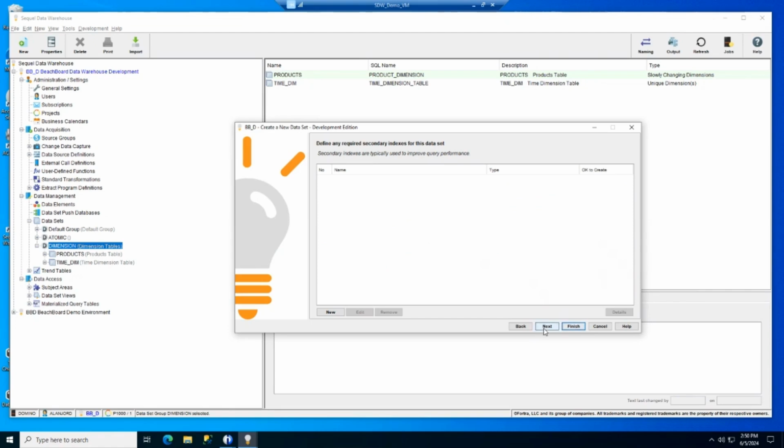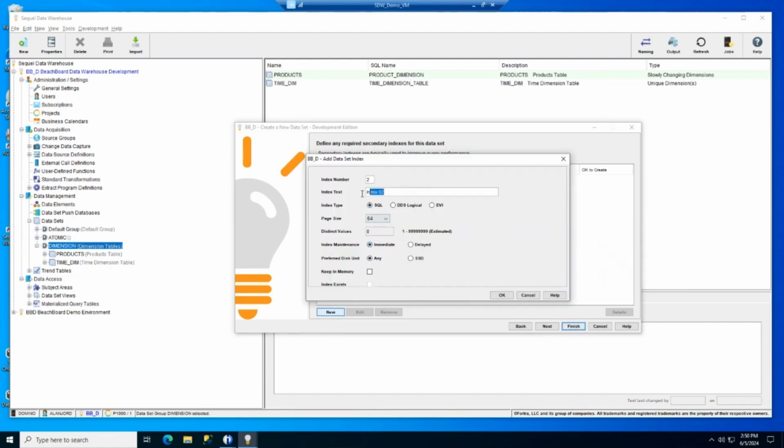If I click next on this panel, it's going to give me a warning. An index has not been defined. When we are tracking slowly changing dimensions, we are required to create an index that is based on the original key of the data and effective to date. So I'm going to say by customer number